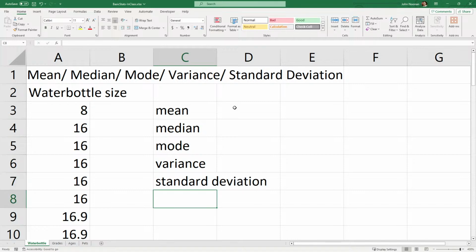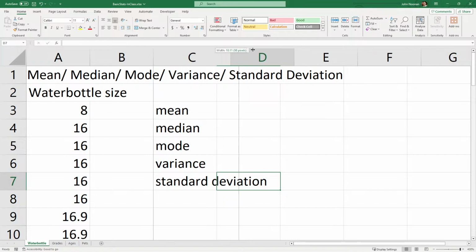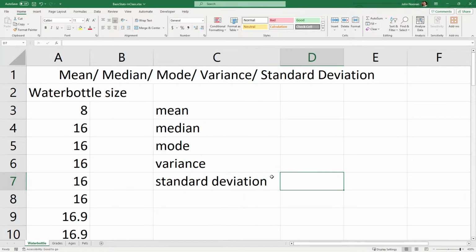Okay, so that's going to be so long that it's going to be a problem. I'm going to make this bigger. You can always grab these cells and drag it over. So grab the little line between the cells and make it a little bit bigger so that it encompasses the entire word. Otherwise, you won't be able to see the whole word, which you might not care about.